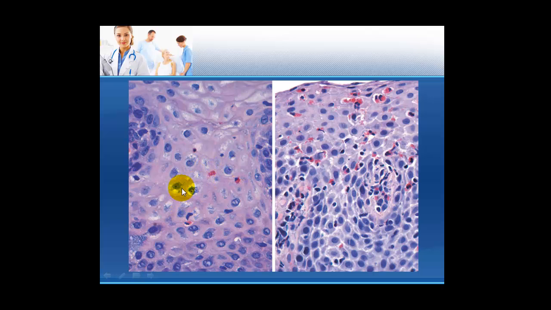Here you can see again, this is squamous cell mucosa, and you can see there are certain cells, and these cells have bright orange or brick red colored granules. Yes, these cells are eosinophils. Again, these cells should not be present in a squamous layer, but in this case you can see in both photomicrographs, they are present inside the squamous layer, so that again signifies a lot of inflammation.